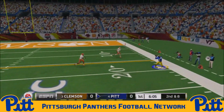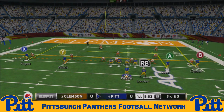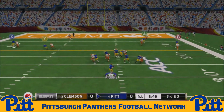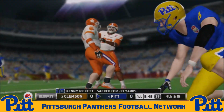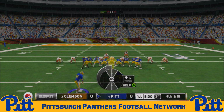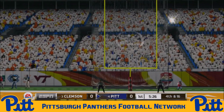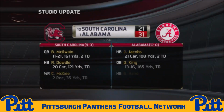2nd and 8 for Pickett. He looks to the sideline. He's got Jay Keys on a short out route there. Pickup of 5. Manageable 3rd and 3 now for the Panthers. 4 wide set. Kenny back to pass. 4-man rush from the Tigers, and they get through. Pickett goes down. That's going to be Trevor Washington, the defensive end playing defensive tackle, comes through the middle, brings Pickett down, and Jay Bump forced to come out and kick a 49-yard field goal to give the Panthers